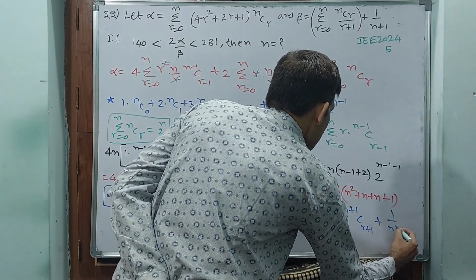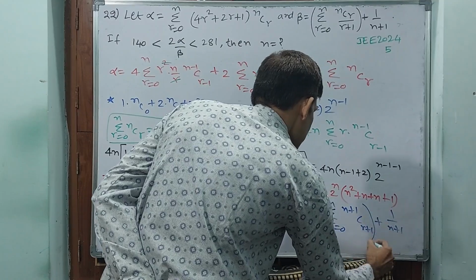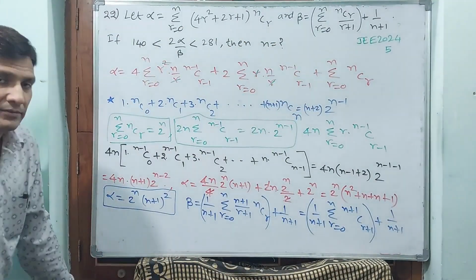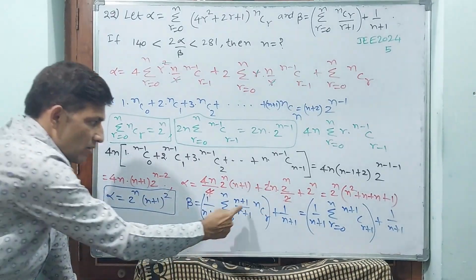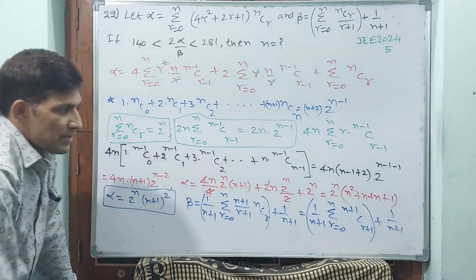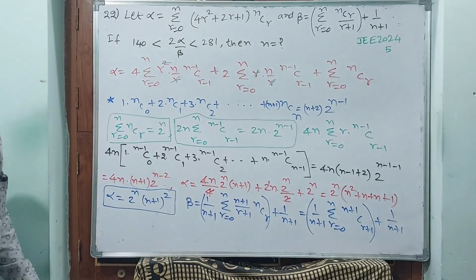Plus 1 by n plus 1. This n plus 1 is different from this. Do you accept it or not? Okay. Now n plus 1 is there, r plus 1 is there. n plus 1 c r plus 1 I have written. Okay. Now